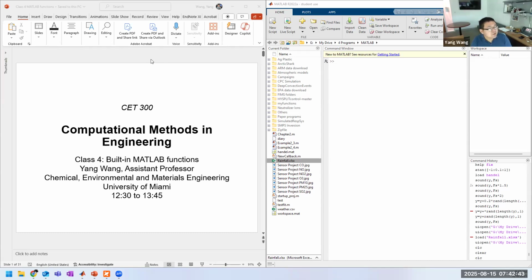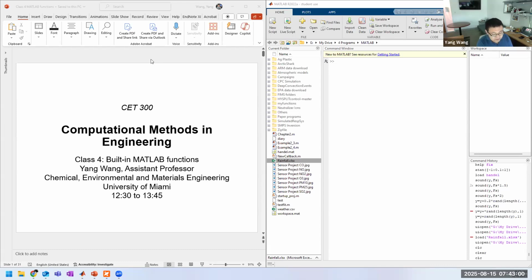Hello, everyone. So this class, we're going to continue with our discussion on the computational methods in engineering. And specifically, we're going to enter a new chapter, which is the built-in MATLAB functions. So as we mentioned before,